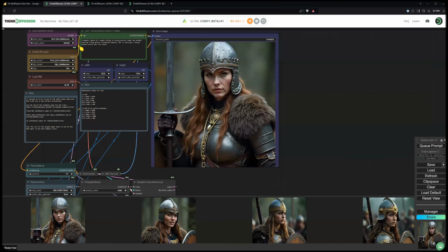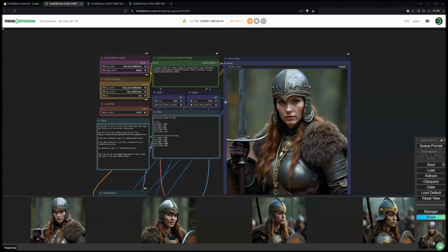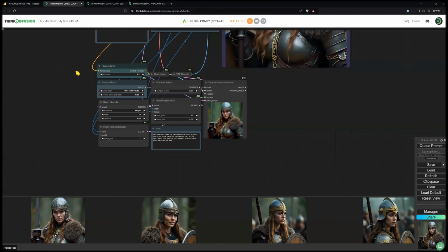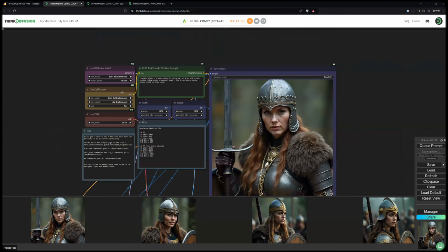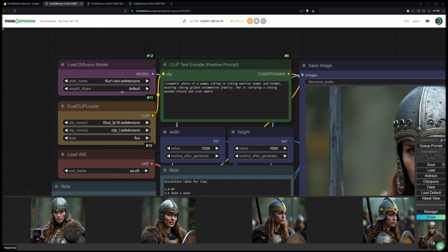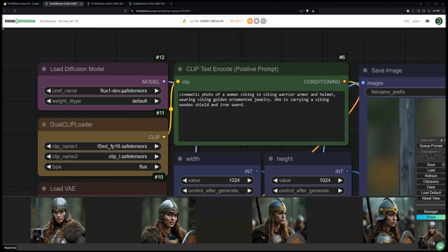Now, if you want to use this workflow, these nodes here are what you want to care about. I put the other stuff down here, but if you're not an advanced user, you don't need to look at this. This is not important for you. We are loading a Flux Dev model, which is currently the best open source model you can use. There is another model called Flux Pro, but that is not available in this use case. There's also a Flux Schnell, a faster one, but I think the results kind of aren't there, so I would prefer to use the dev model.